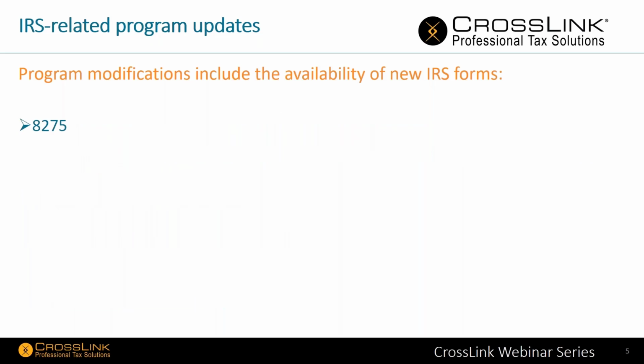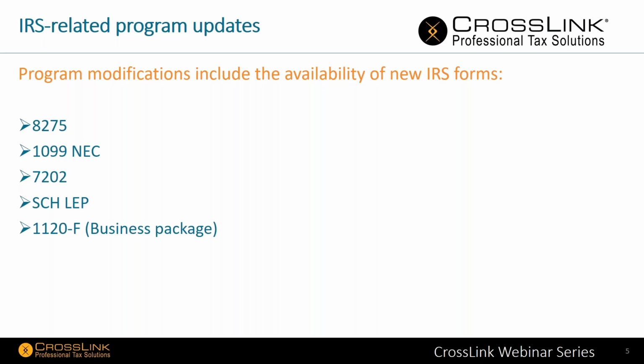So what are the new forms that we have available from the IRS? We have the 8275, the 1099 NEC, 7202, Schedule LEP, and then for our business package, we have the 1120F and the 990T. So I won't be able to show you the business package forms, but just note if you do have the business package when it gets released, just be on the lookout for those if you're taking notes. But for right now, I'm going to go ahead and toggle into the program just to show you what these